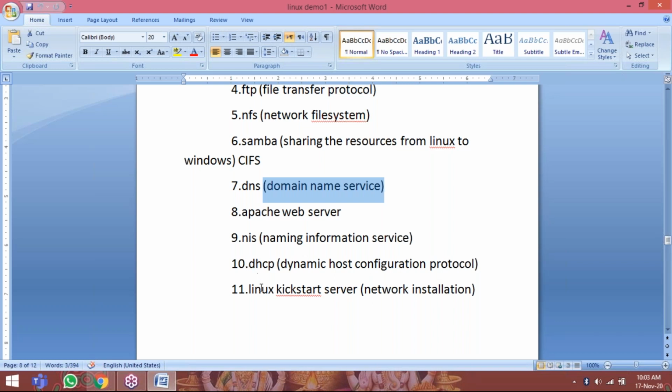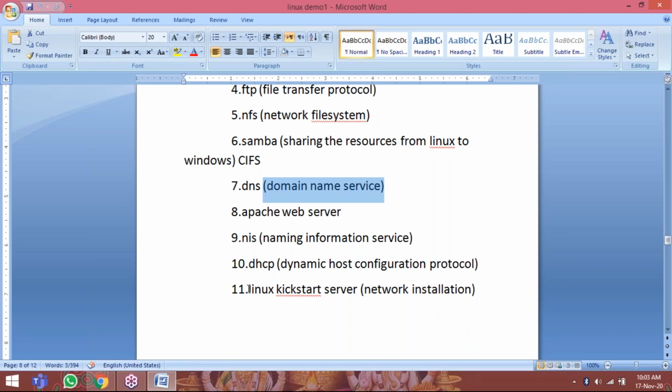That is the concept we are going to discuss. Next, the Linux Kickstart server. Maybe your company is getting a new project, and that project requires 50 Linux systems. They have to be installed within 2 or 3 hours. Generally, installing 50 Linux operating systems means 4 or 5 systems every day, going for 1 week or 10 days, but they will give only 3 hours to install all 50 Linux operating systems at a time. In that scenario, you are going to configure the Linux Kickstart server.